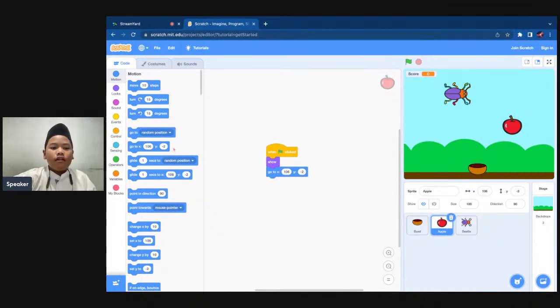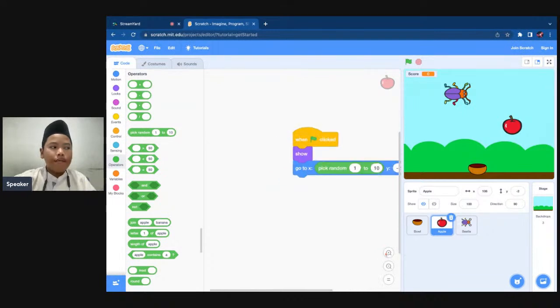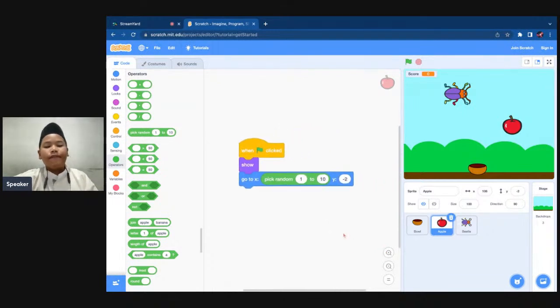Now everyone go to operators and drag the pick random block and put it in the go to X block like this. Now change the number. The first circle in the pick random block, change the number into minus 220.